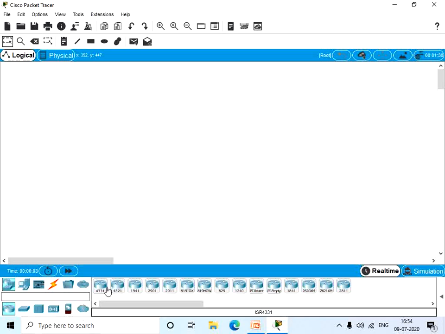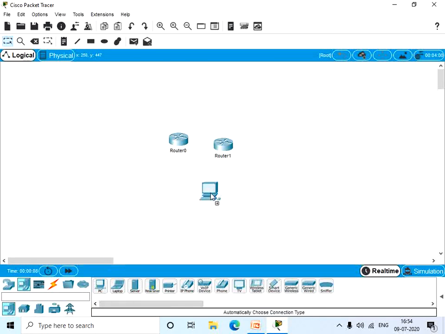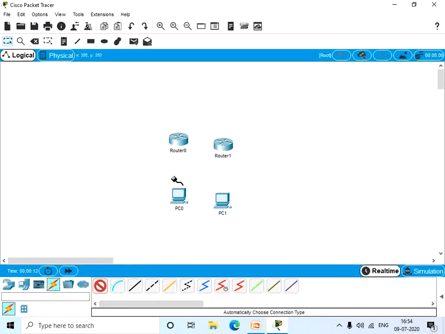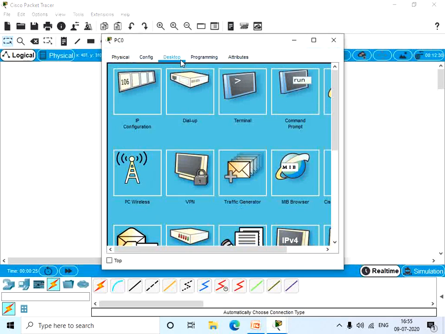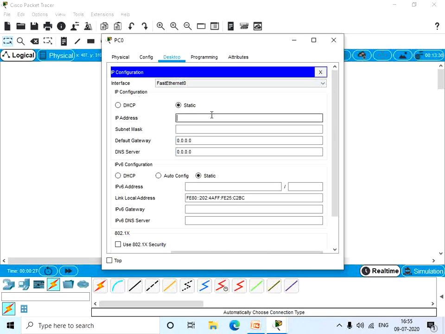So now let's create a network with two routers and two PCs. Now let's connect all these four devices together. So now we have connected all these four devices. Let's configure them. Go to PC0, Desktop, IP Configuration, and enter an IP address. For example, let's have 10.0.0.1 and the subnet mask, and the default gateway as 10.0.0.2, which will be the IP address